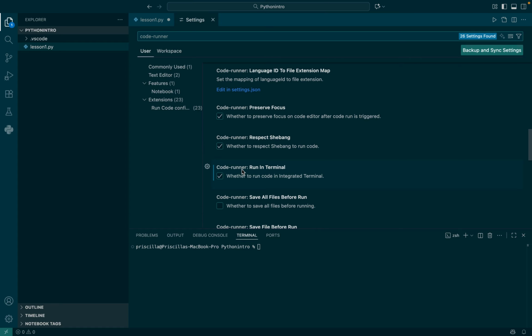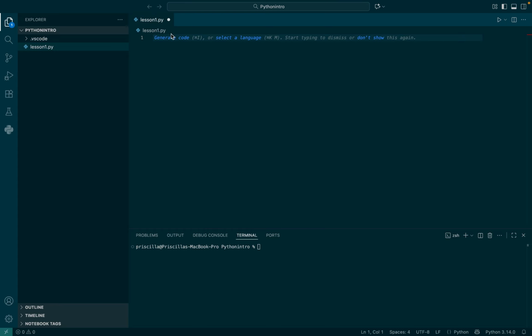Here, Code Runner: Run In Terminal. It shows you whether to run code in the integrated terminal. Make sure this box is checked. You check it. That's all. We can close here so that we are on this file,